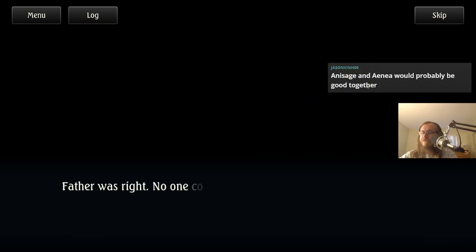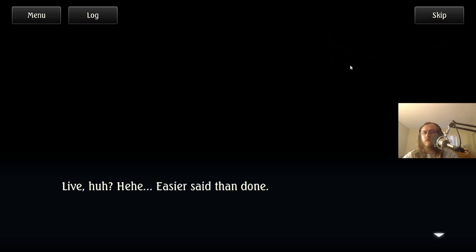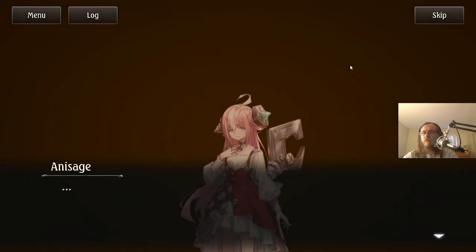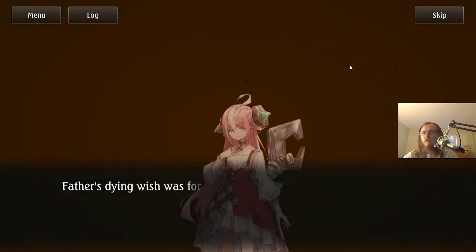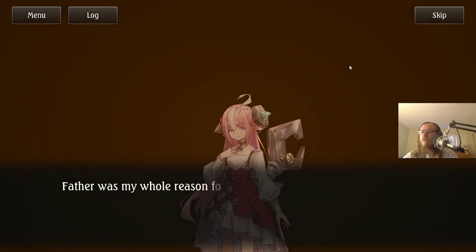Father was right. No one could stop me when I used my cloaking ability. He was also right about my mana. The sheer amount of it ensured that I would live for a very, very long time. Live, huh? Easier said than done. Father's dying wish was for me to live a happy life. But I couldn't make it come true. Father was my whole reason for existing. And now...